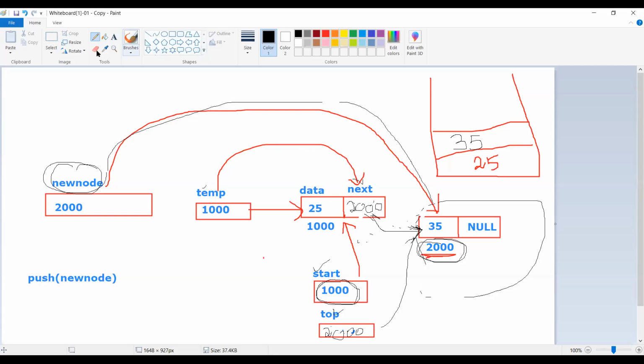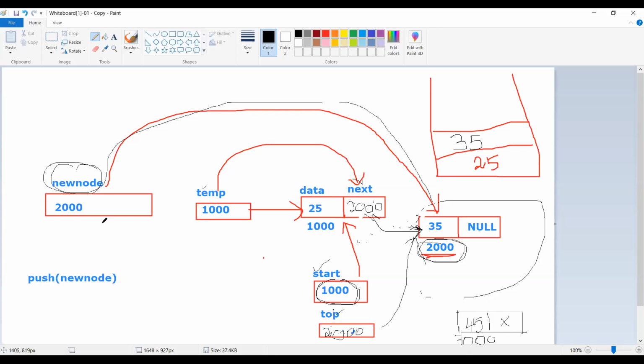It will call the get node, right? So before calling the push function, I will create a new node. Let me create a new node here. I'm just drawing here. Let it be this 45, and this is null. And the address of this 45 node is 3000. Let it be 3000. I hope you are following. I am just writing on the paint file: the newly created node is 45 and the address is 3000.